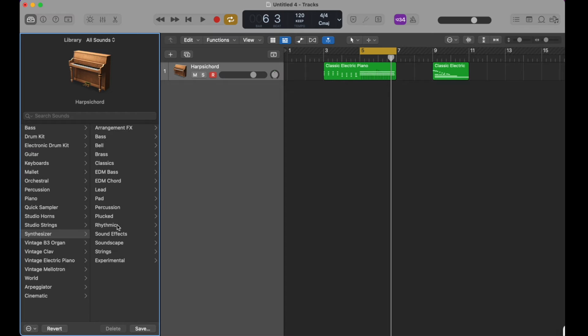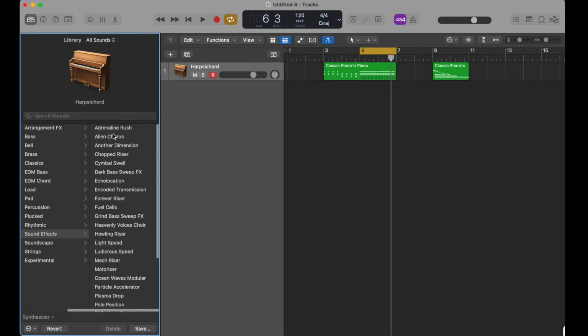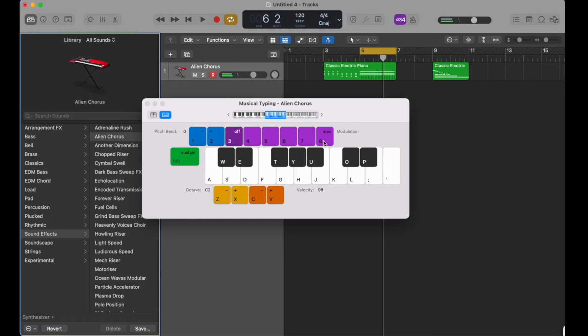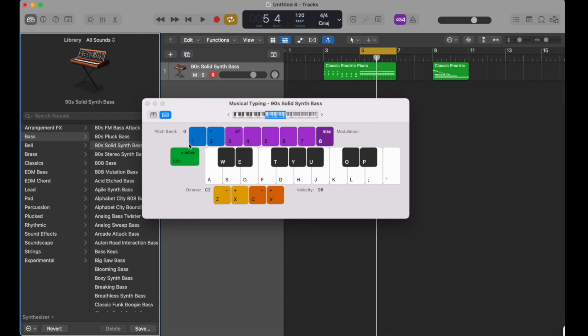Let's pick a soundscape one. And now let's have a look at the modulation. The octave select allows you to pick which octave of the instrument you're playing on. For example,